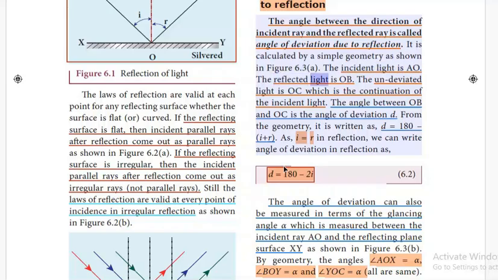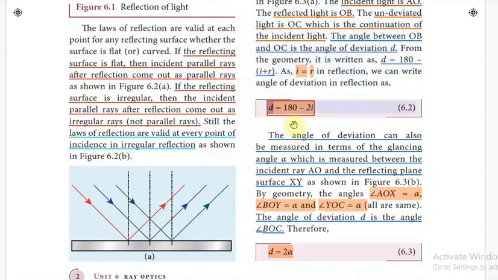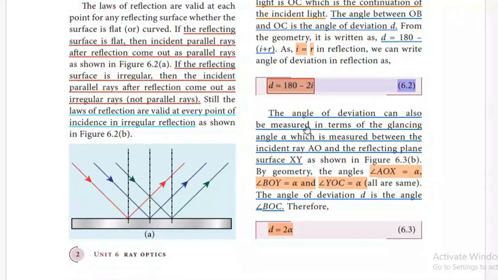The reflected light is OB. The undeviated light is OC, which is the continuation of the incident light. The angle between OB and OC is the angle of deviation D. From the geometry, it is written as D equals 180 minus (i plus r). As i equals r in reflection, we can write the angle of deviation in reflection as D equals 180 minus 2i. (6.2)